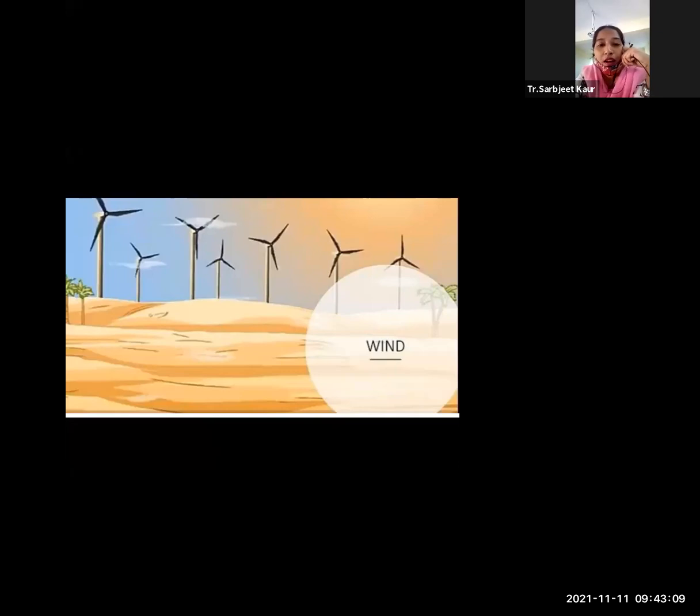Here you can see the three blades in this picture, and one pole. Sometimes the wind blows very forcefully. These three blades used to rotate to produce electricity. Man-made windmills are used to produce electricity.